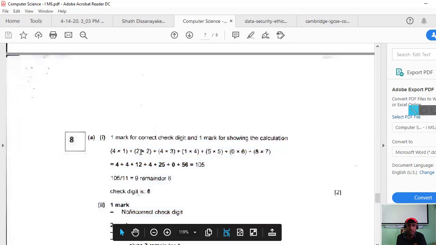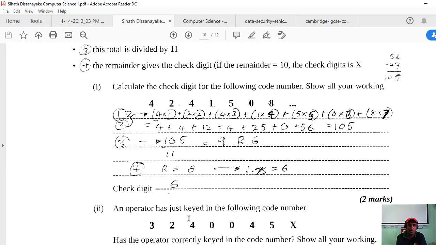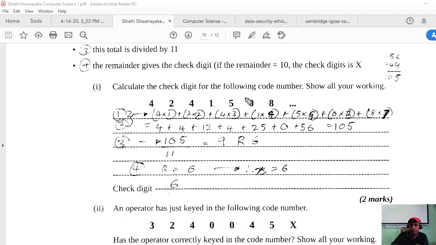Normally we have to calculate, right? 1, 2, 3, 4, 5, 6, 7, each and every value. We have to multiply. Here, from this side, 1, 2, 3, 4, 5, 6, 7, and you multiply this. This is 4. This is 4. This is 12. This is 4. This is 25.